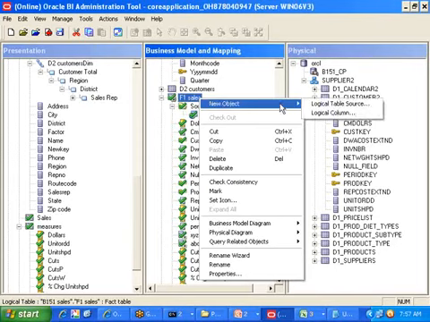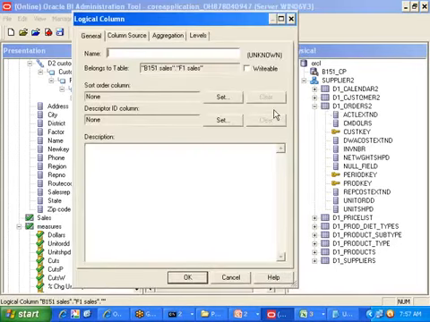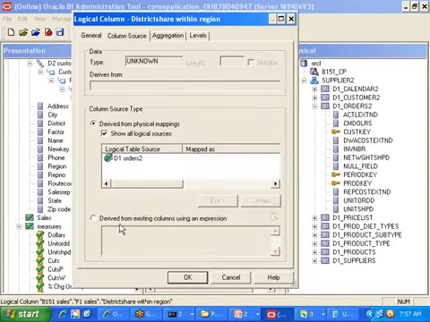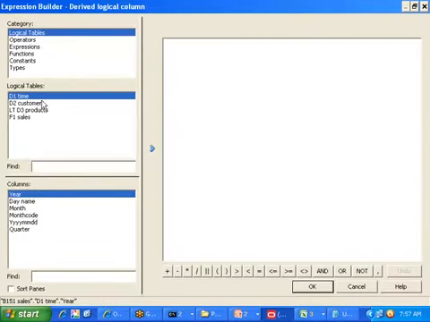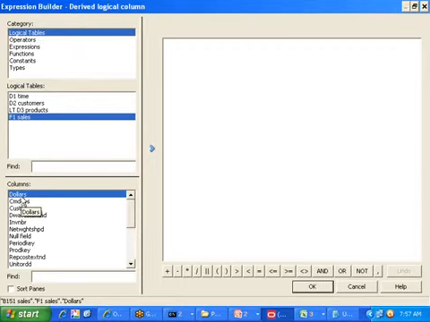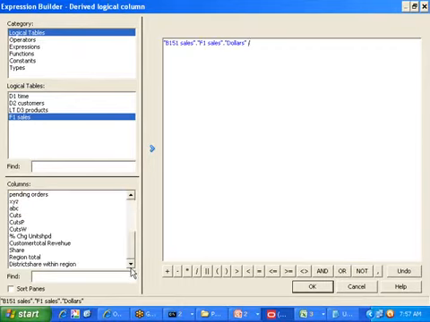Right click, new object, logical column, district share within region. Click on column source, then derived from, edit expression, sales, this dollars, divided by, next what, sir?